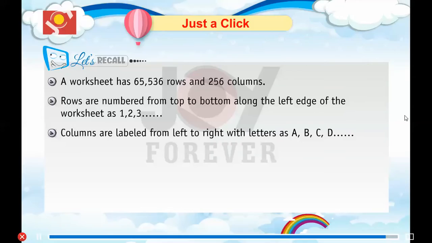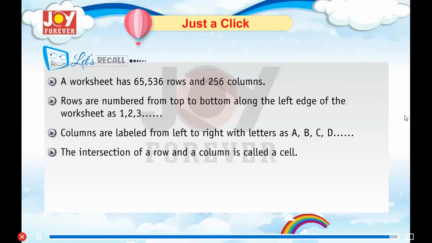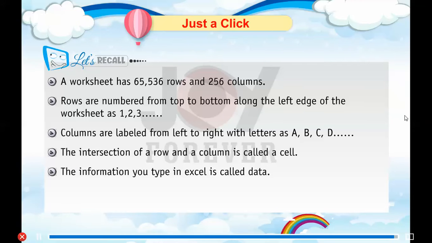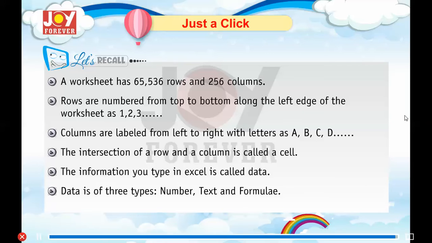Columns are labeled from left to right with letters as A, B, C, D, and so on. The intersection of a row and a column is called a cell. The information you type in Excel is called data. Data is of three types: number, text